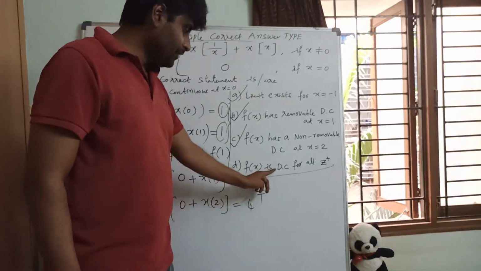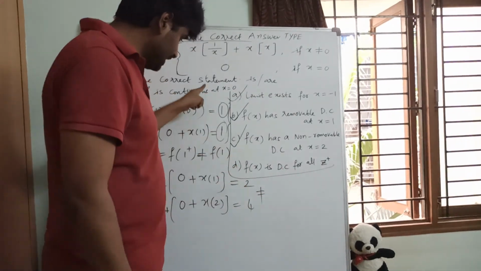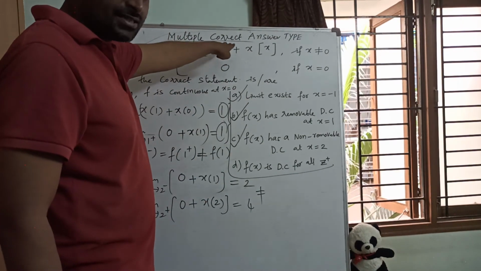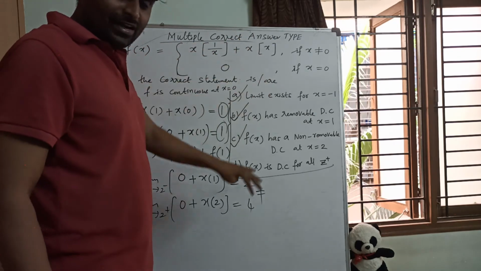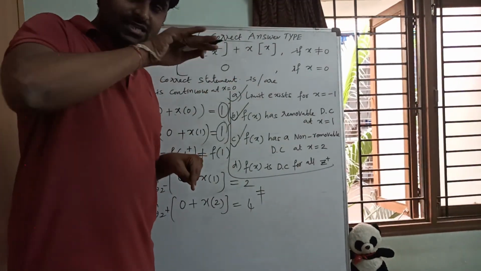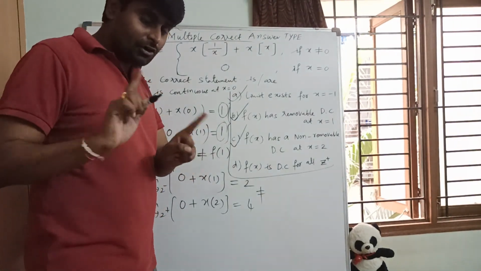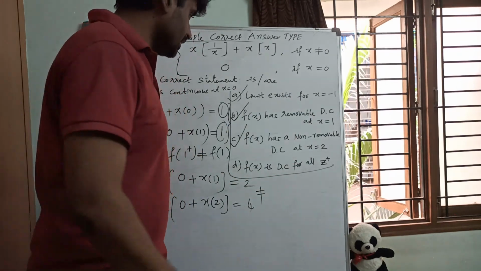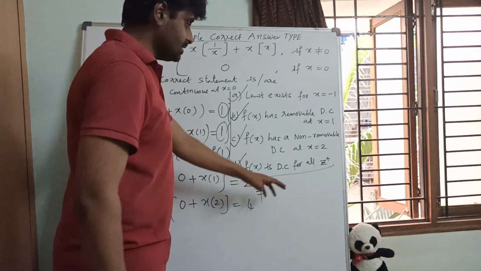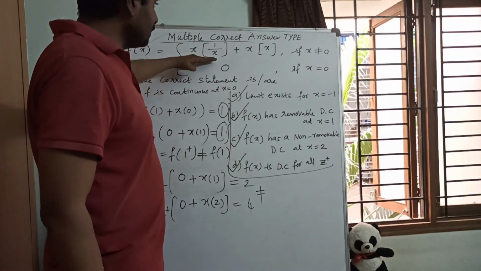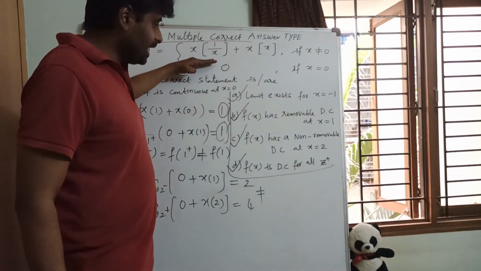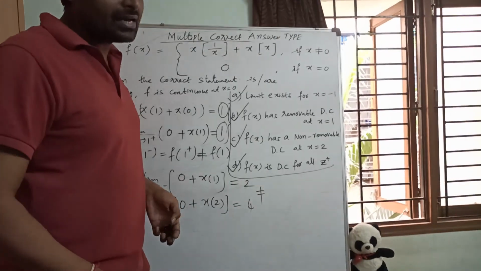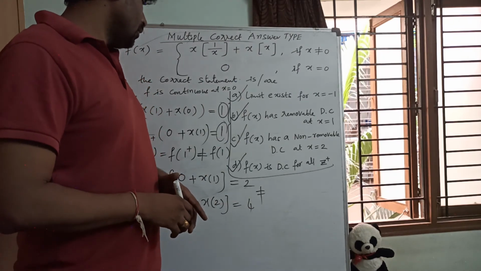Now that means nowhere is it continuous. That means f of x is discontinuous for all integers if you see. For all integers it is discontinuous only because a step function is given. Whenever you are given a step function, it will not be continuous, that we know. So just by having knowledge of the step function we can go directly to the answer, because a step function is never continuous. Clear? Hope you have understood.